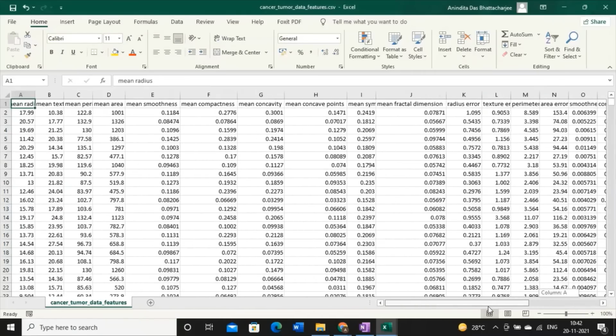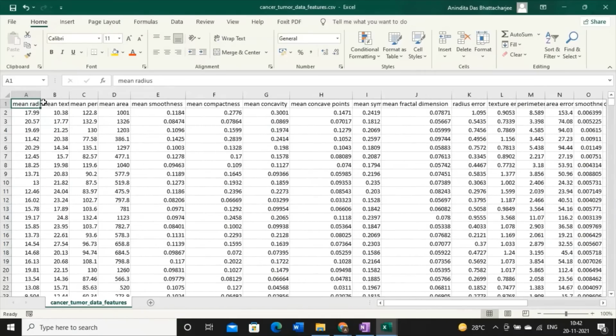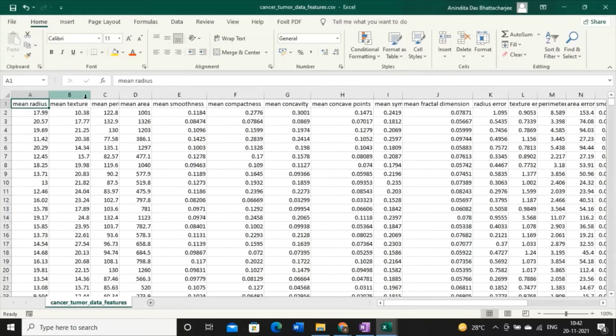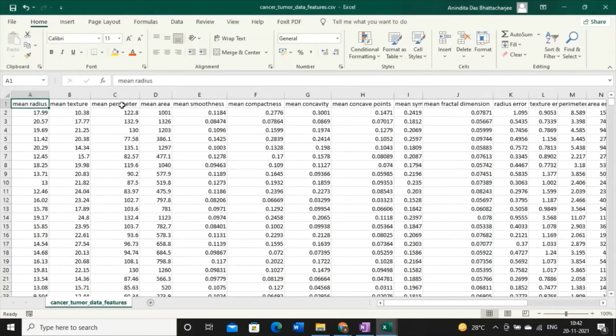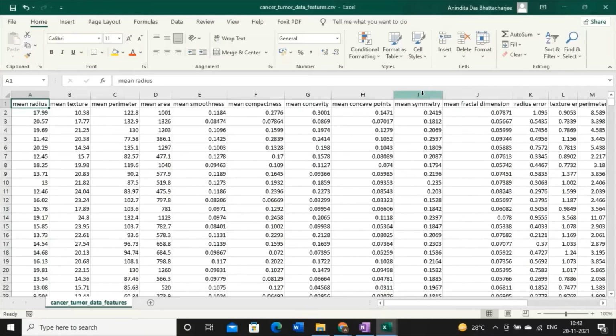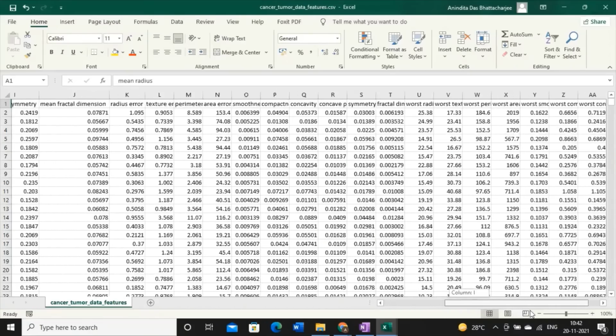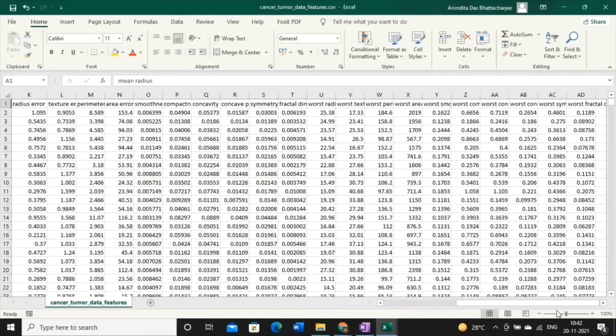If you observe carefully, so many features are associated with it: mean radius, mean texture, mean perimeter, mean area. These are the features associated with a cancerous tumor. And we have multiple columns over here, so we have a very large number of features.